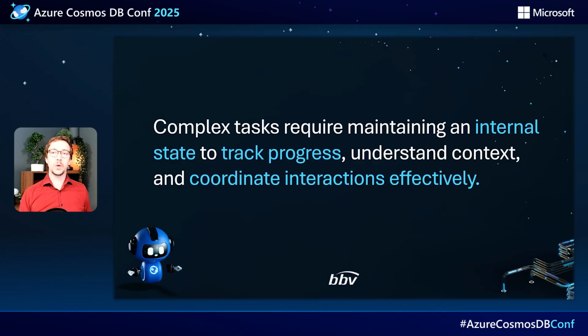To handle this, we took inspiration from LangChain's agent protocol, which organizes the interactions into tasks, into runs and threads. Runs represent task executions, and threads group related tasks together. For example, a thread could be the booking of a holiday, and a run could be the booking of just a flight.